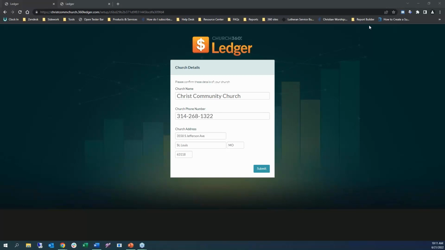So once you know how to access your site with your subdomain and you have received that invitation, you will be shown your church details when you first try to access your Ledger page. And then you just make sure that your church name, the church number, and church address is correct. You can always change these later, so it's just a matter of just confirming the details just so that we have the setup correct for right now. And once you click submit,